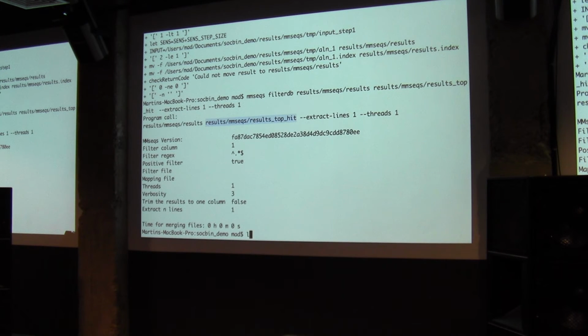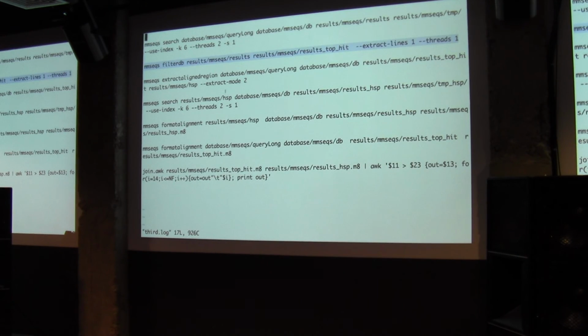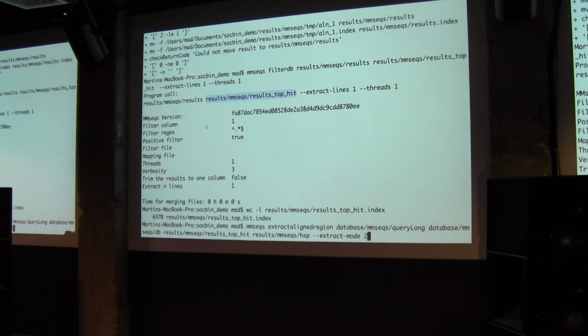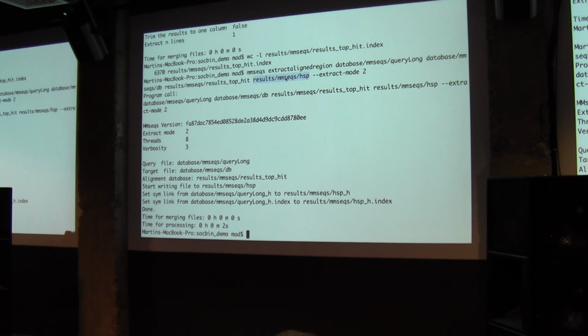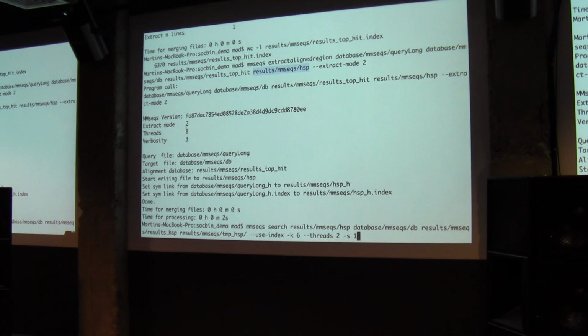We can have a look at how many lines we have here in Linux. So, okay, we could find a top hit for everything. So let's extract the regions. So now we create a new database with these high scoring regions, and now we start searching them against this 1 million sequences again.